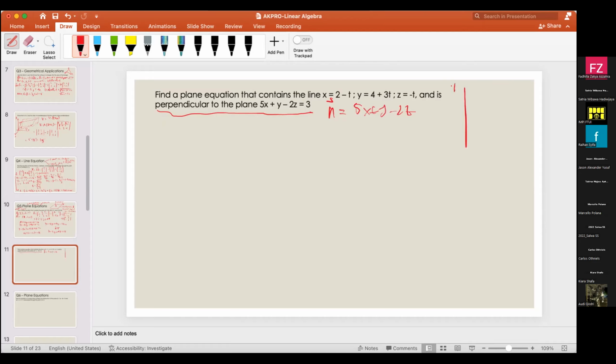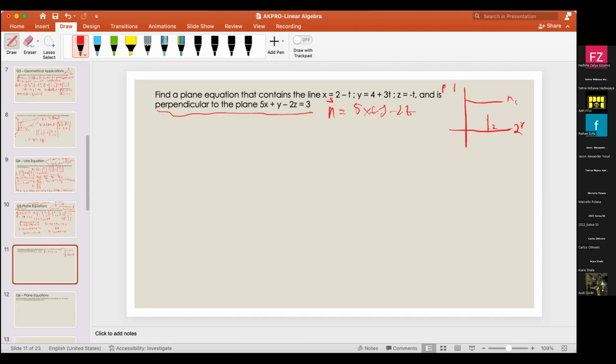This is from top view, assuming this is from top view. This is plane 1, this is plane 2. And this is the normal of plane 1, and this is the normal of plane 2. And if we were to extend this normal,